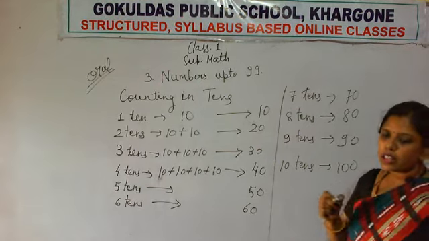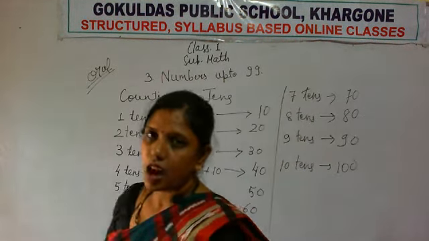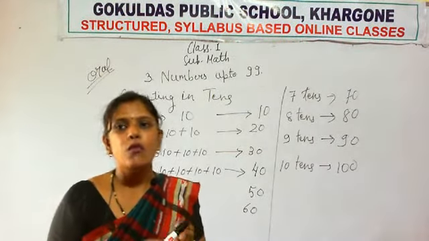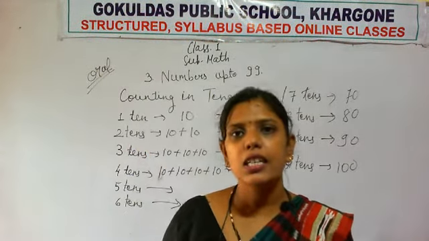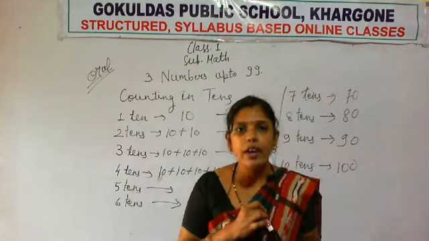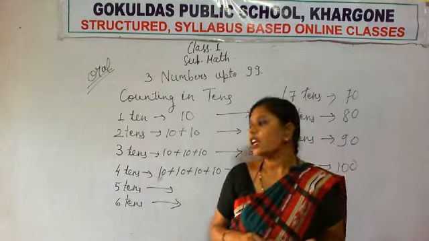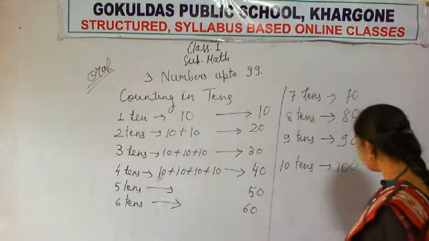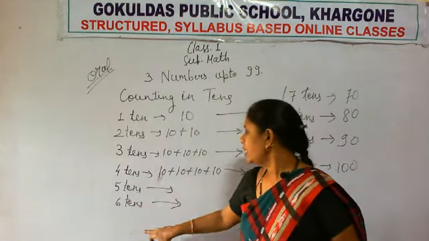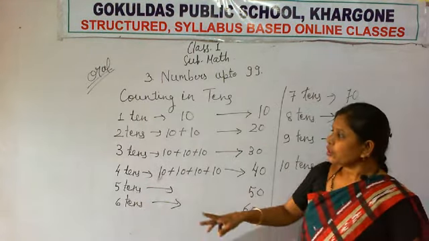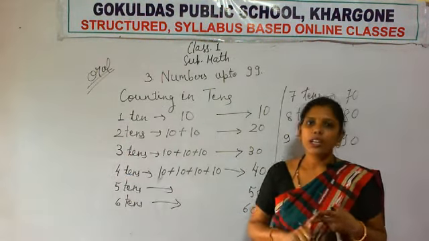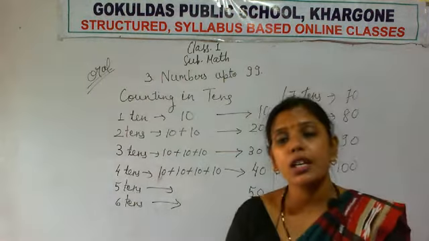Okay, so in this way we count in tens. How do we count in tens? 10, 20, 30, 40, 50, 60, 70, 80, 90, 100. In this way we count in tens. Okay, the last digit, the counting we have written on the last numbers, what will come? 10, 20, 30, 40. So this is a bunch of 10, and at last we write 10, 20, 30. In this way we count in tens.